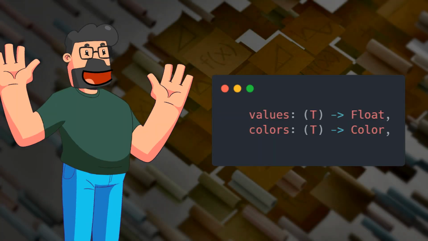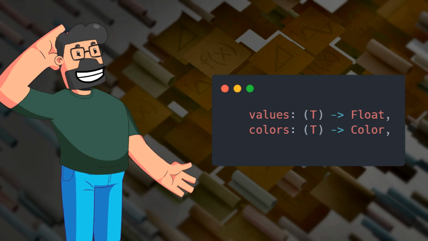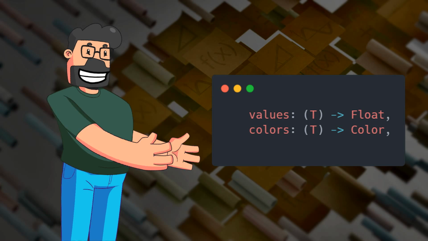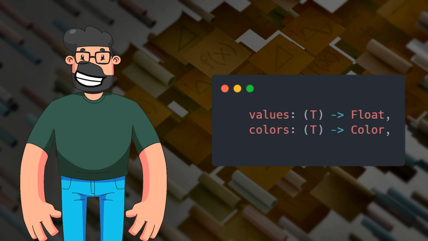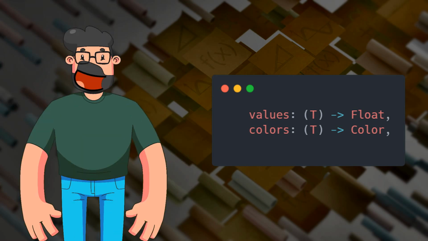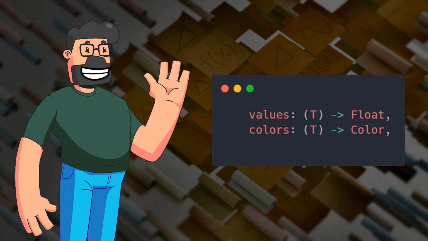Now, let's delve into the solution to the problem we mentioned earlier. In the code snippet, the parameters values and colors are declared as function types that take a parameter of type T. The lambda expressions used for values and colors can refer to this parameter using it. By assigning appropriate expressions for these parameters, such as account.color and account.balance, we provide a clear reference to the attributes